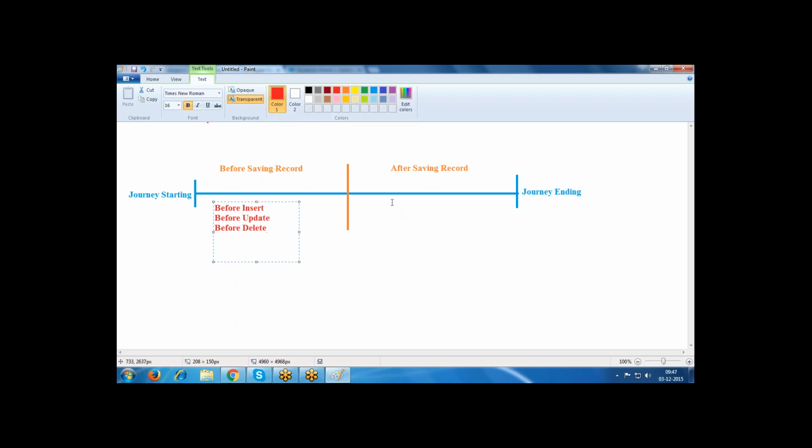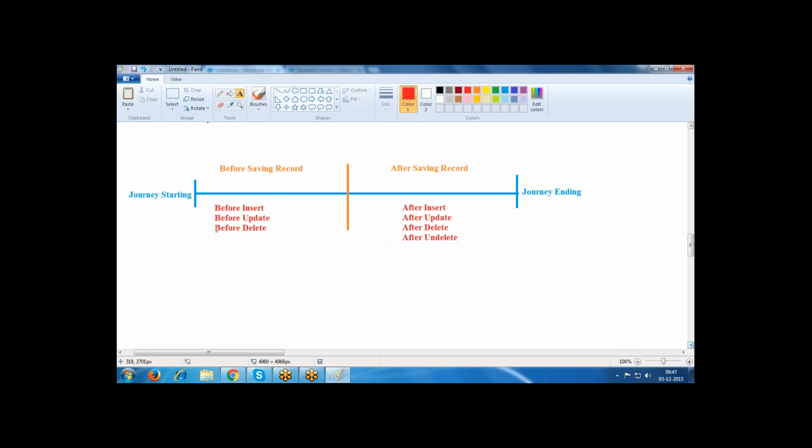Now for after: after insert, after update, after delete, after undelete. So these are the events. Totally, before events are 3, after events are 4. Totally 7 events are provided.